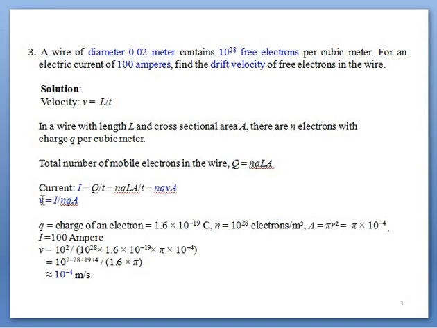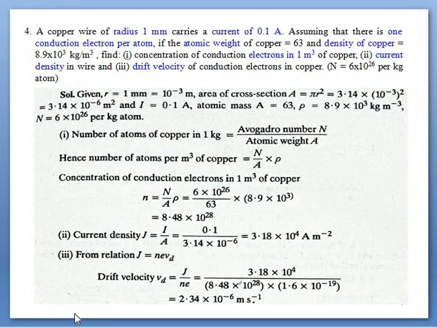Since we have to determine the drift velocity, I is given, current is given, and concentration is given. q, the charge, is a constant value, 1.6 into 10 to the minus 19 coulomb. For the cross section area, since the diameter is given, the radius will be 0.01, so the cross section area equals pi r square. Now by substituting all these values in this equation, we have the drift velocity, which is equal to this one. Moving to the next.